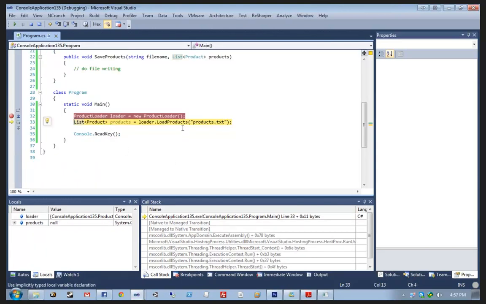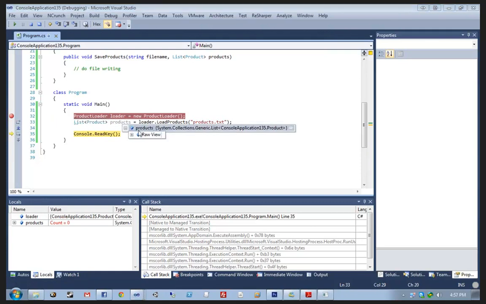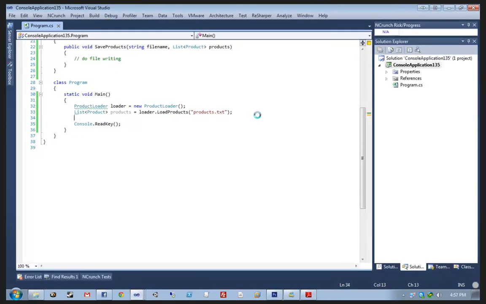After this is done, execution jumps back to line 33, but if I jump to line 35, the products variable is actually going to be assigned to whatever loader.load products returned. So whatever this read out of the file, the products list here is going to be set to that. And then we can simply turn around and instantiate a product saver